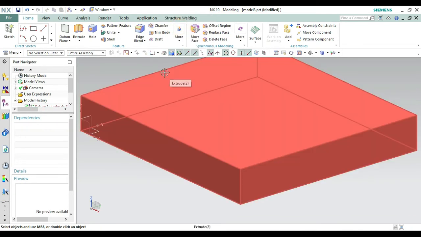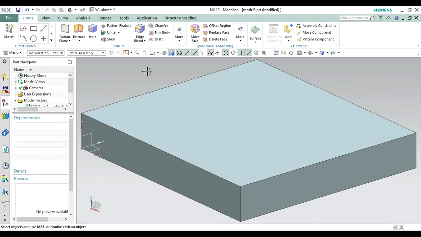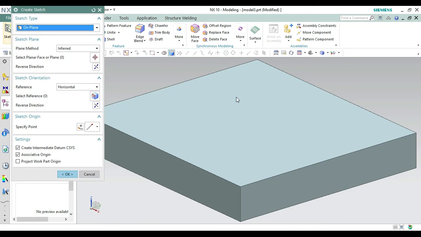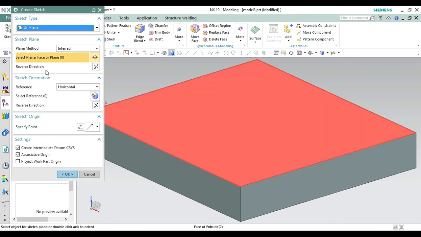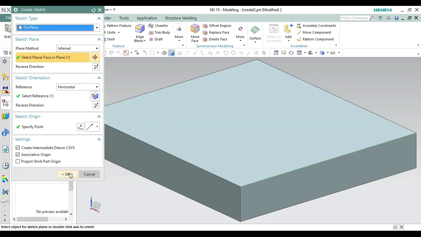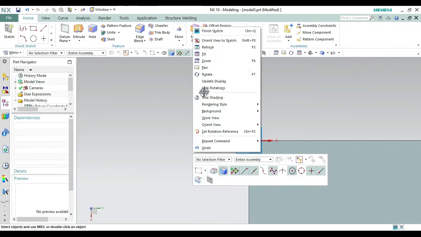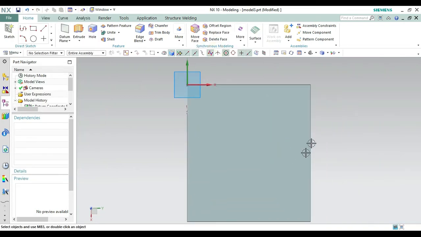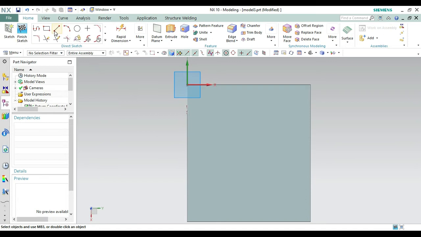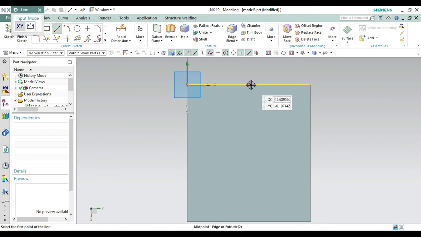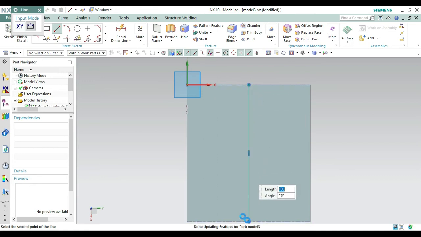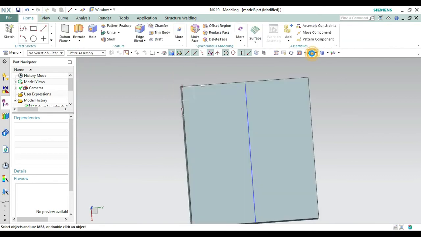Now for the text, first step is to make a line on which surface or on which face you want to write. Suppose you have to write on this, make a text on this face, so select this face and make a line at the center of these. Okay, first let's span it, make it fit so we can easily get okay like this one. Now make a line, meaning from the midpoints, okay, at the center. Suppose this is a midpoint. Okay, take this and join the midpoint of this. Okay, like this one, and make it finish sketch and again bring it to isometric way like this one.